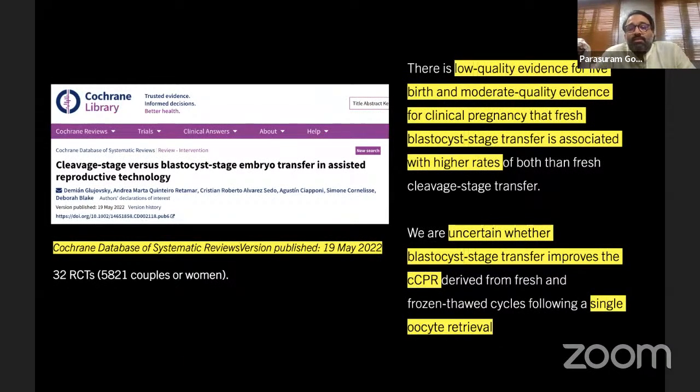And the most recent, published last month, is the cleavage stage versus blastocyst stage embryo transfer review, where they documented that there was very low quality evidence for live birth and moderate quality evidence for clinical pregnancy that fresh blastocyst stage transfer is associated with higher pregnancy rate. But they were very uncertain because they were not able to compile the full data, so they were uncertain whether blastocyst stage transfer improves the cumulative clinical pregnancy rate derived from fresh and frozen thaw cycles following